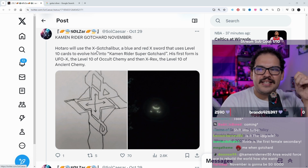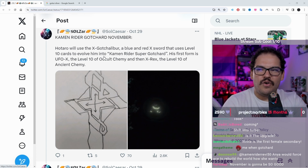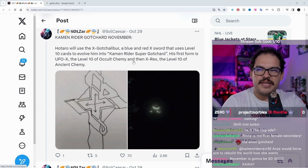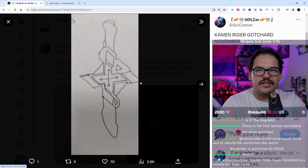Hotaro will use the X, or the Cross Gotchicaliber, a blue and red cross sword that uses level 10 cards to evolve him into Kamen Rider Super Gotchard. His first form is UFO X, the level 10 of Occult Chemi, and then X Rex, the level 10 of Ancient Chemi. And here's a nice drawing of the cross sword, which